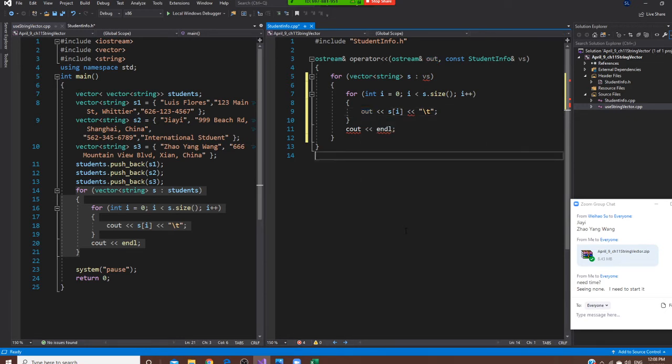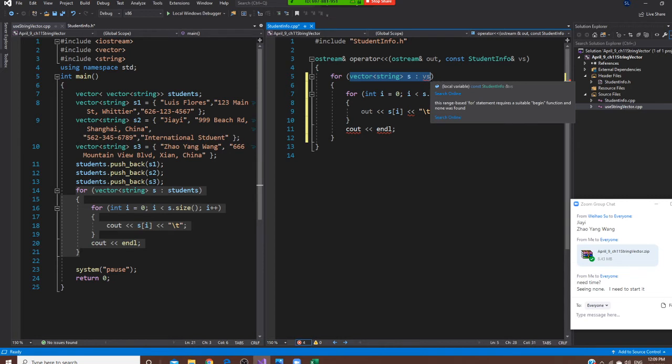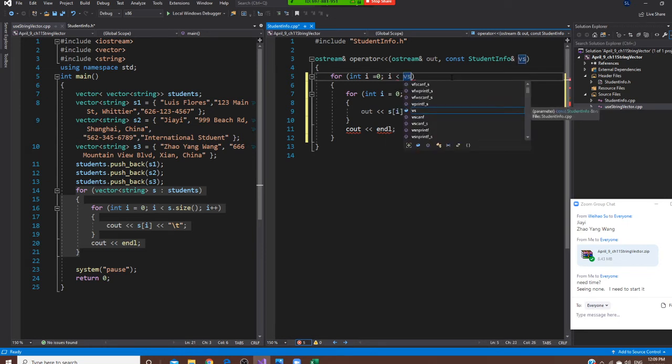Then another thing is here. Let me double check here. All right. So we are going to do this right now. Okay. So first of all, I'm going to change this. Okay. Because the way we do this, we make this output. So we're going to say this. Okay. Integer i equals 0. i less than VS. Okay, VS is your table. Inside your table,